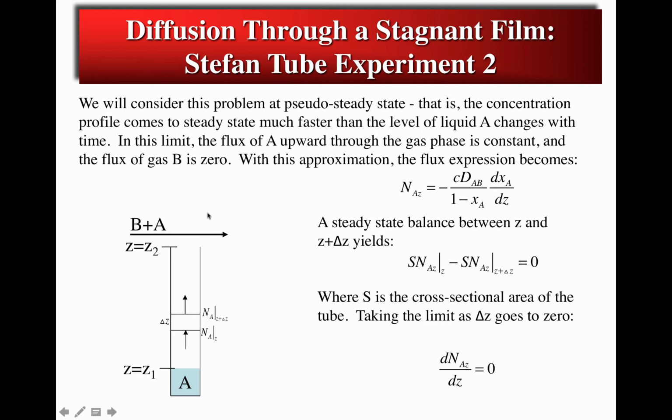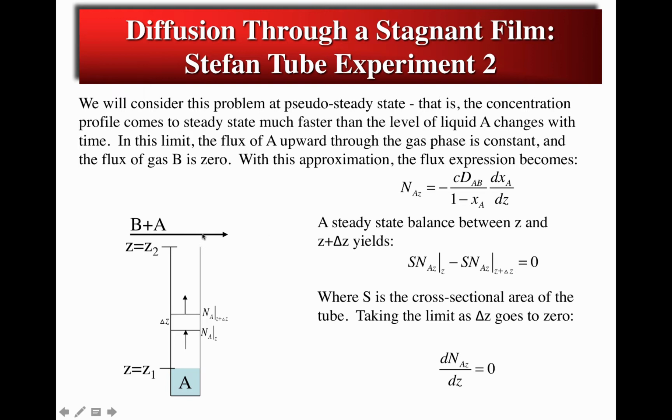And if this device is of any size that you would have, for example, in a typical laboratory, the time for that system to establish steady state in the gas phase is way faster than the time for which A depletes. And so we'll solve this gas phase diffusion problem in the limit of pseudo-steady state. That is a constant concentration profile in the gas phase between Z1, that's the liquid vapor interface, and Z2, that is the top of this tube beyond which all of the A is taken away by the stream of gas